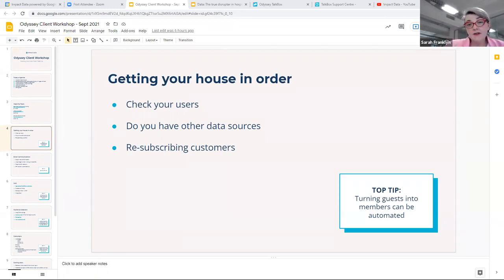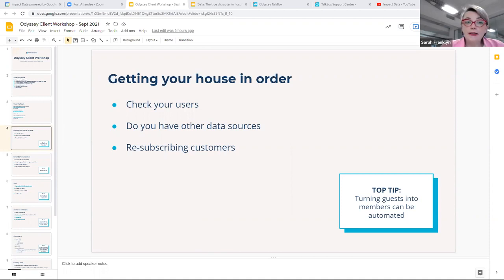The other category of data that you often have is staff. You need to talk to your staff, and often using TalkBox is a really easy way to do that. So if you haven't got them in as a category within Odessey, and I know a number of venues do that, if you don't have them in there, again, they can go into a guest account, because really, if you're running a network, a big promotion, you need to tell them about it as well. You probably want to tell them before your customers. So if you've got a category of staff, that's a really valuable data source, and you should be talking to them. So think about that. If you've got other data sources, reach out and let us know.